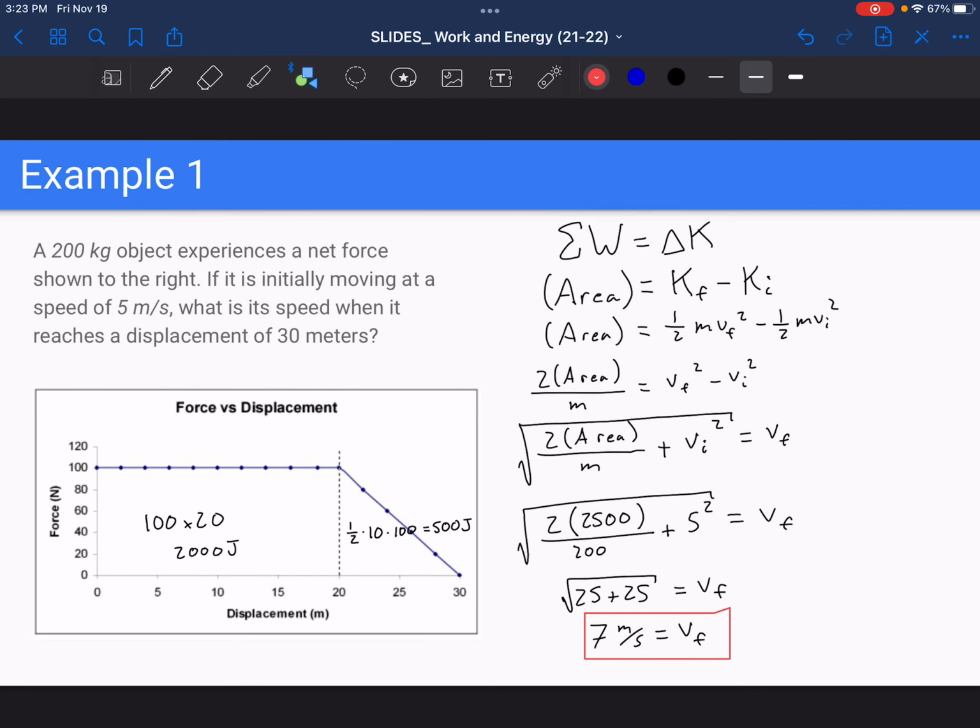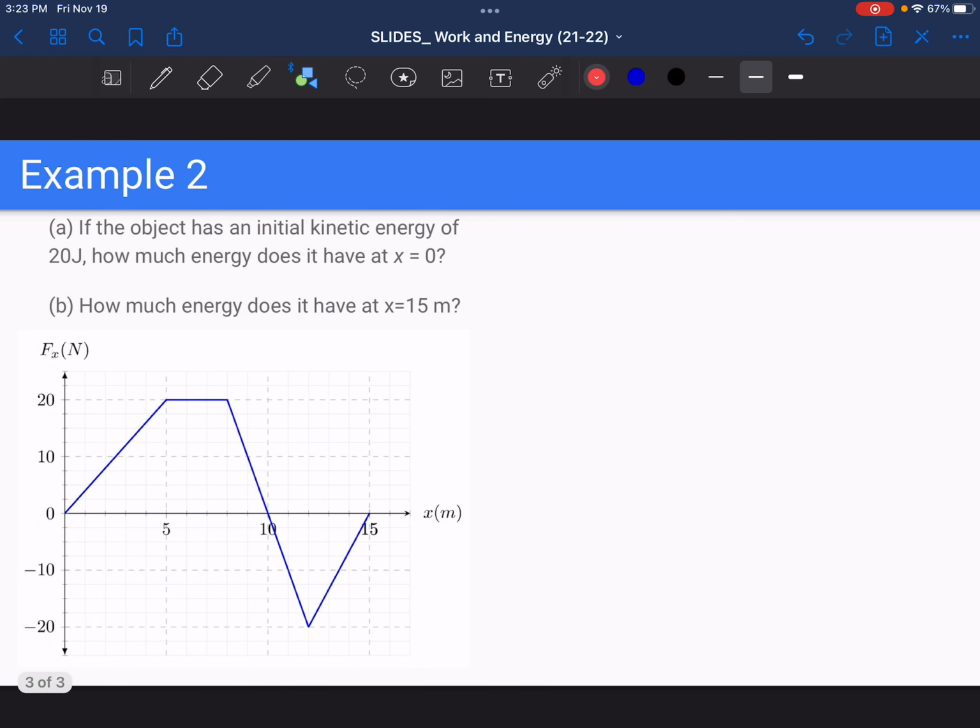All right, so now let's go ahead and look at another example. I want to do another one because I want to talk about what happens if the area is negative. So here we go. We have an object. They give us the